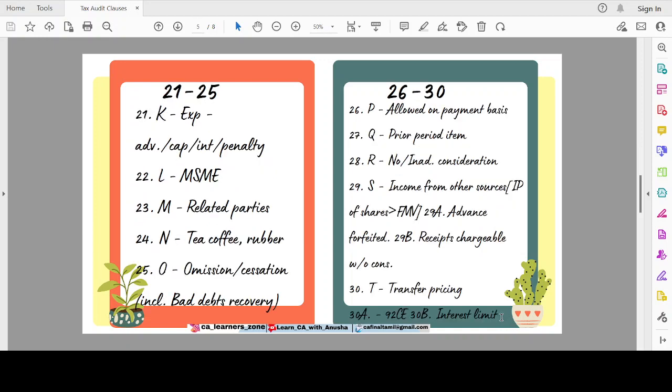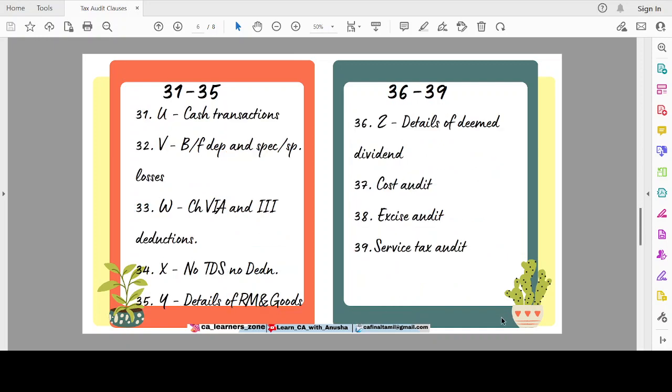commission, K for expenses, advertisement, interest or penalty, L for MSME, M for related parties, N for tea, coffee and rubber, O for omission or cessation including the bad debts recovery, P for allowed on payment basis, Q for prior period item, R for no or inadequate consideration, S for sources: issue price of shares is greater than fair market value, advance forfeited or receipts chargeable without consideration. T for transfer pricing, 92CE and interest limit, and U for cash transaction,